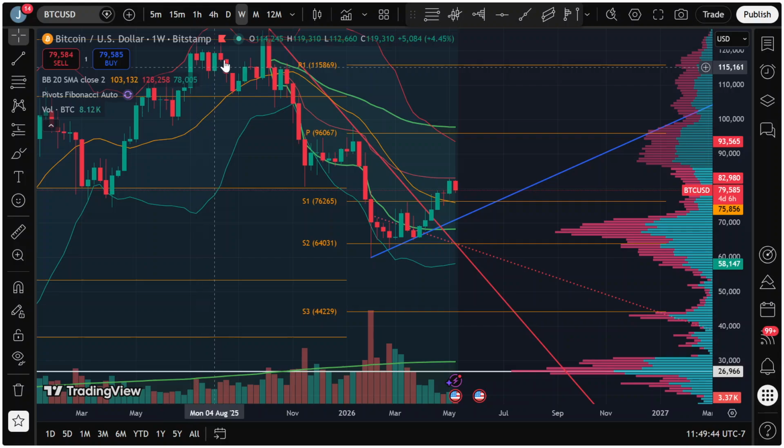I think that narrative has more gasoline if we fail at 100K. If we break back above 100K, who cares? No one's going to fall for the "Bitcoin will never go below 100K again" narrative. They just used it and they saw already. But we build more psychological bias towards that argument if we rise close to it and fail it. So that to me is the only feather in the cap of the argument that we are going to see